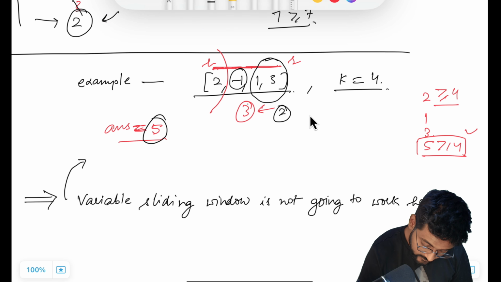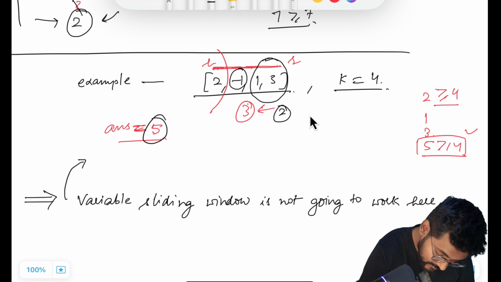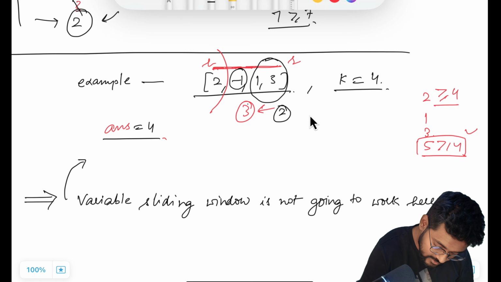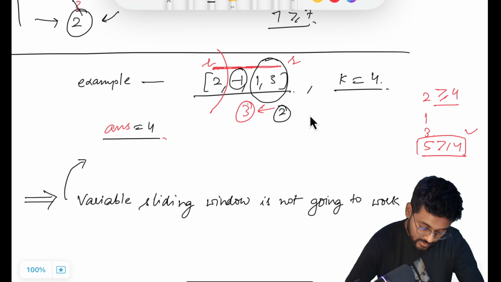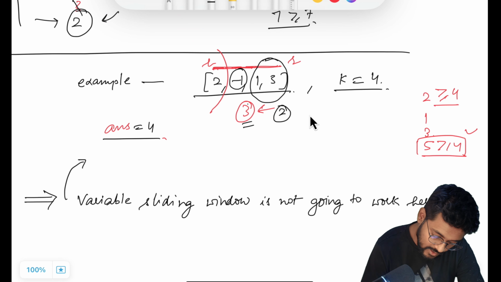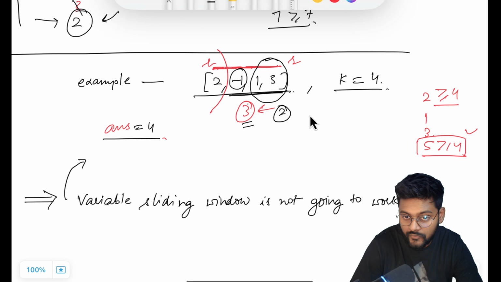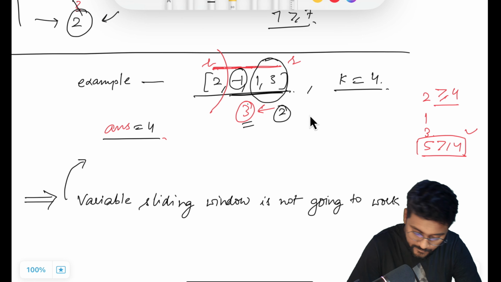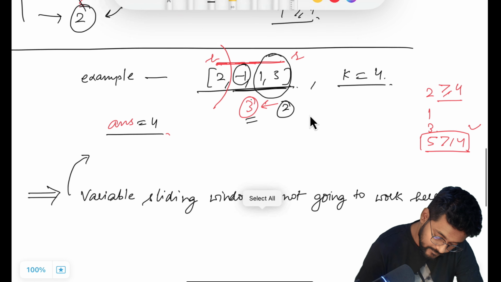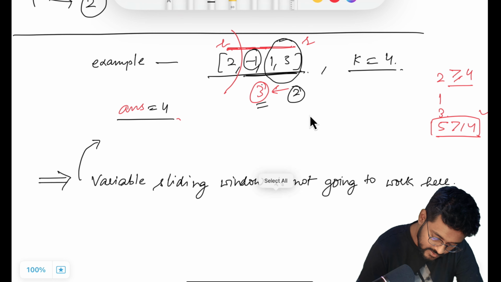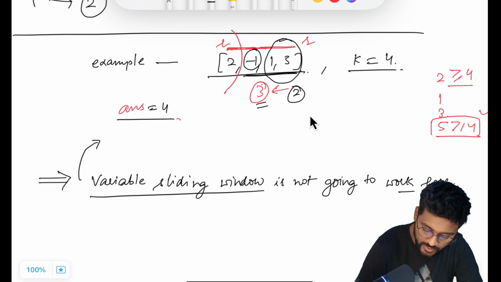Sorry, not 5. Answer is going to have length, not the value of sum. So the answer was 4 initially, left to right, and now it is 3. Answer cannot have 3 because for this range the total sum is 3, which is not exceeding the value of k. Okay, so this is why the variable sliding window approach is not going to work here,